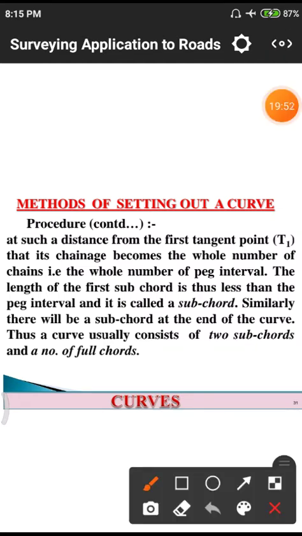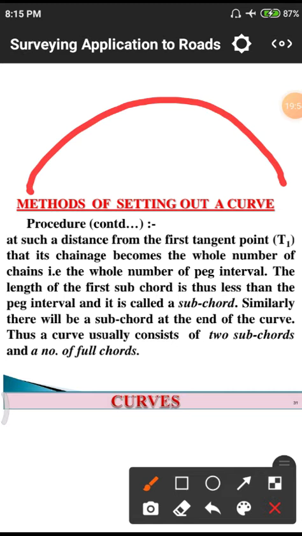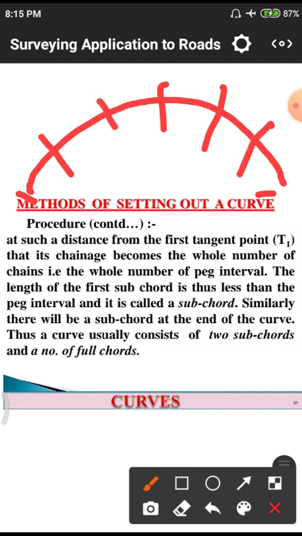This is the total length of the chord, so that we need to divide it into a number of parts. This chord is converted into, here I converted 1, 2, 3, 4, 5, so total 6 chords. So you have to convert it into a number of chords so that it will give a better, exact length. If the number is high, automatically it will give an exact length. If the number is less, automatically the exactness will decrease. So we have to go for a better view.